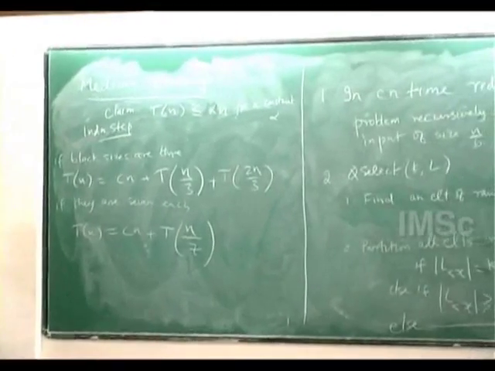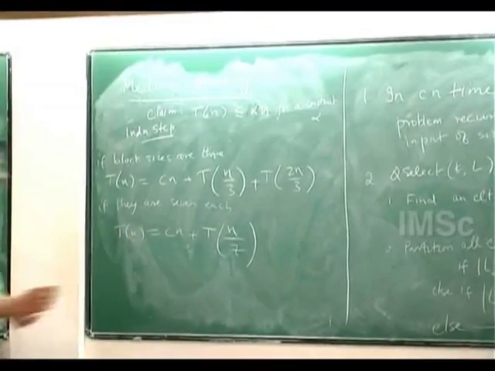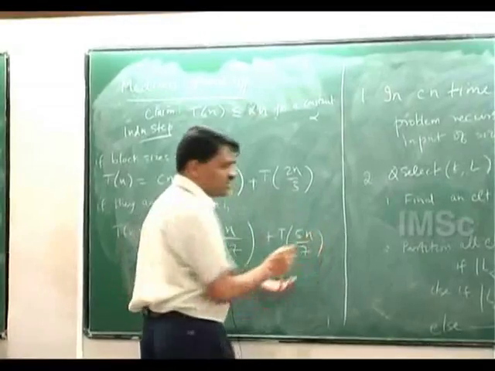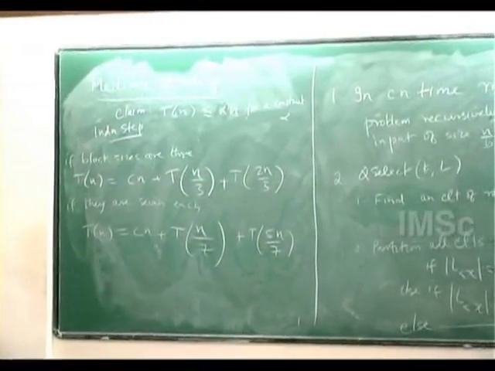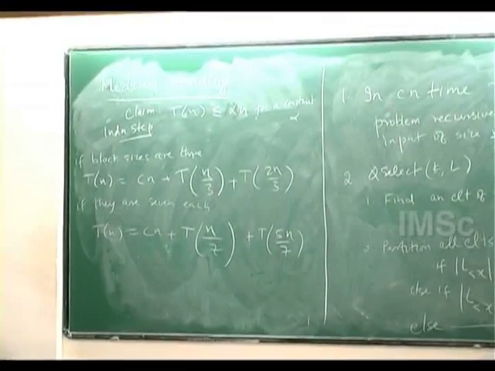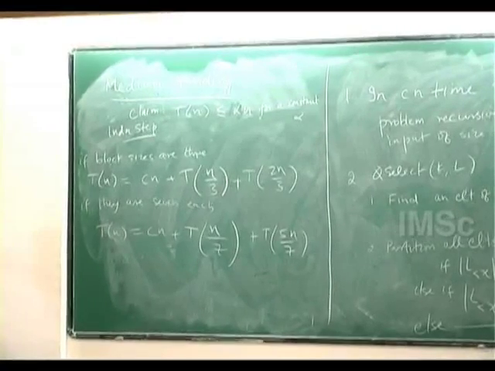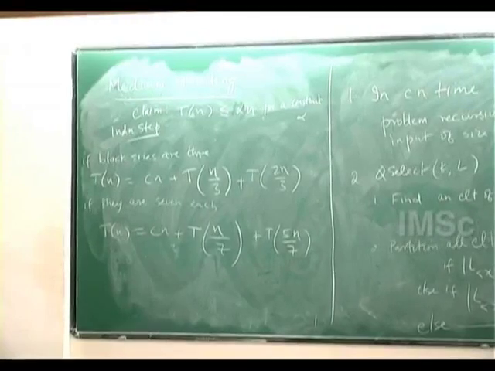That's 2n by 7 thrown out, so 5n by 7 left, which is fine. Is this right? I just quickly did it. Okay, so that works. But then you can plug in and see the constants vary. 5 gives you a better constant than 7, I think. Yeah, so this was the original